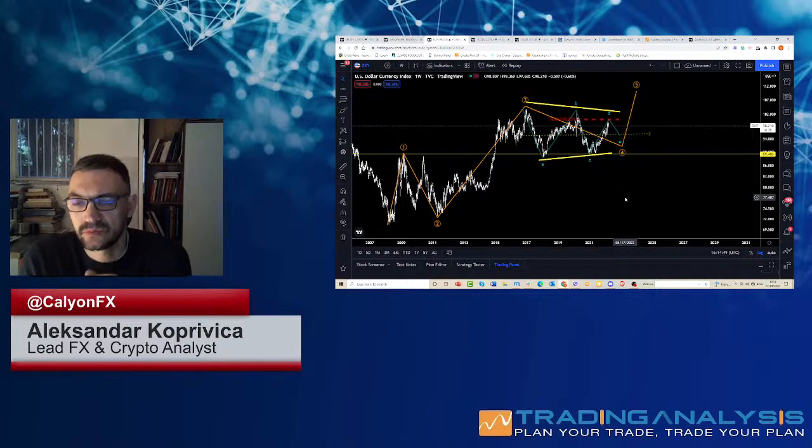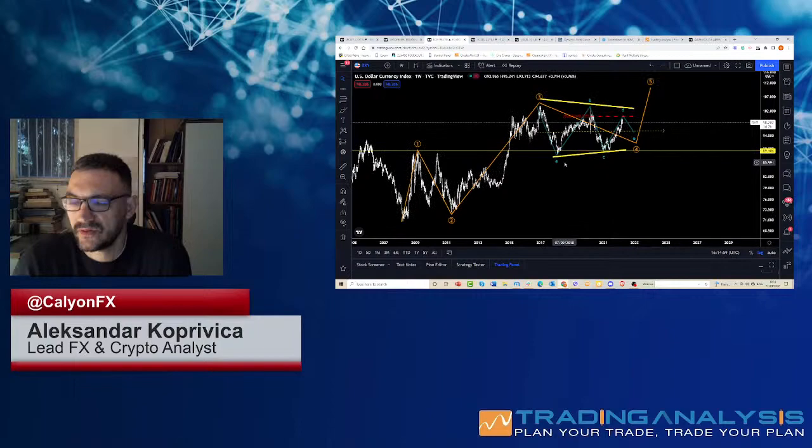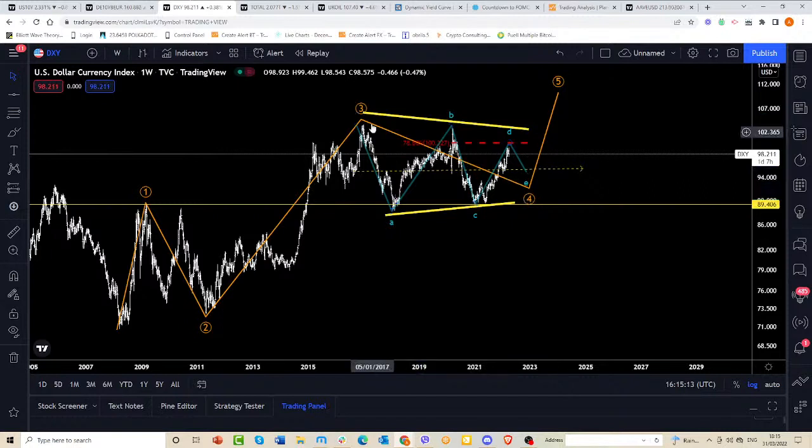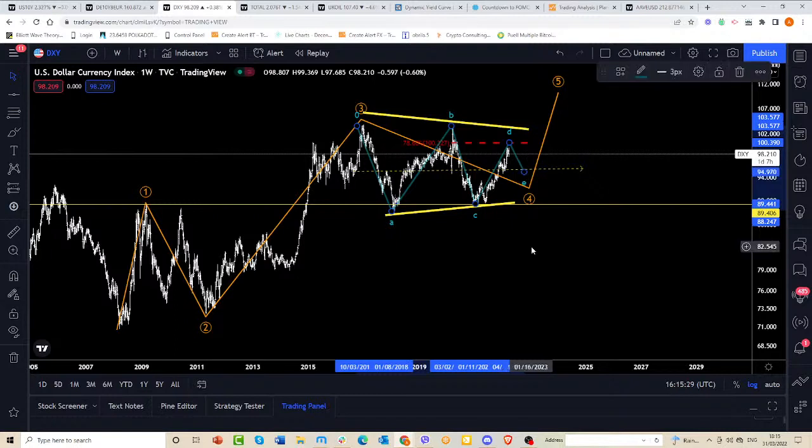So I will go for a triangle as well. If you see here a small overlap, that's completely fine. If you have a triangle, the E wave actually has to overlap, so we can say that this is not correct according to the rules of the Elliott wave, but in this respect, this overlap is completely fine. If you count this as A, B, C, D, and E, E will complete here around 98 to 96. Any drop below will force me to change this wave count to be more bearish. So I will keep switching between these two wave counts because the dollar is still a reserve currency.